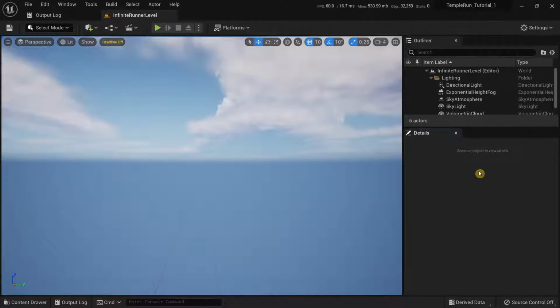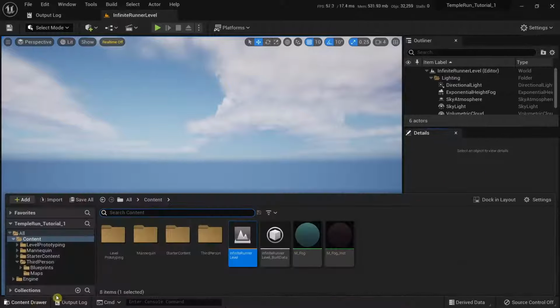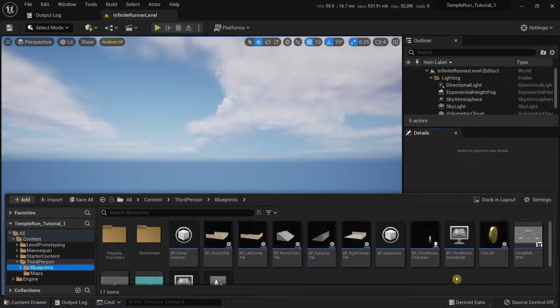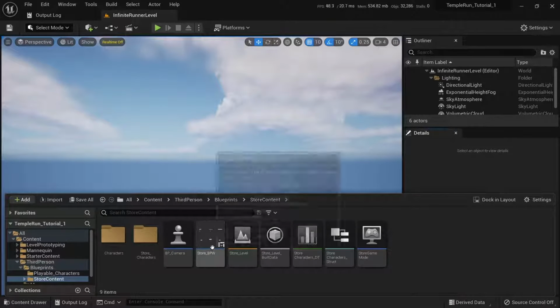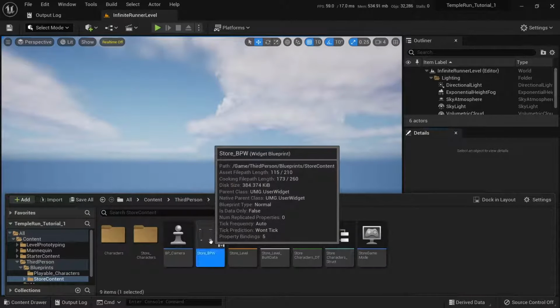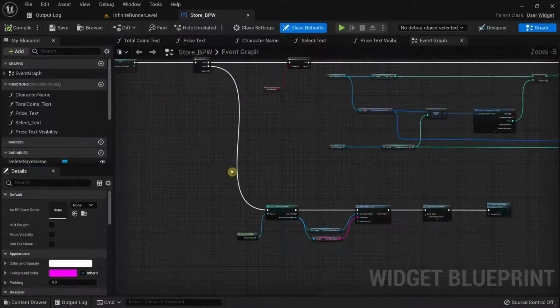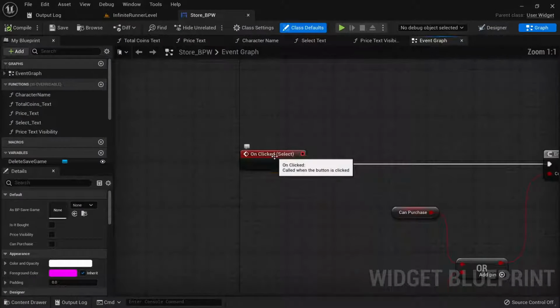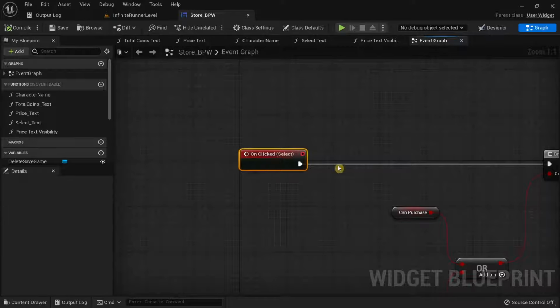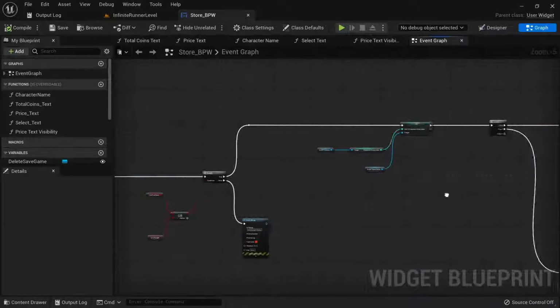So in this video, we are going to improve and fix some of the issues with the movement system of our player. And before we do that, I'm going to go to the content drawer, go to blueprints, store content, and open up the store blueprint widget over here. And then go to graph, and over here, in the on-clicked select event, I have forgotten to mention something important